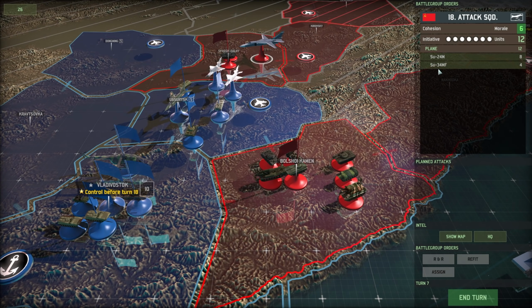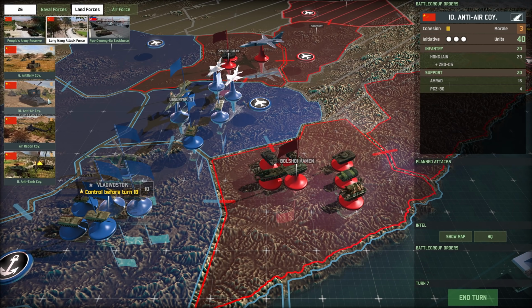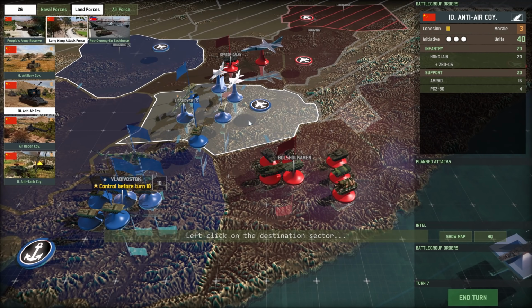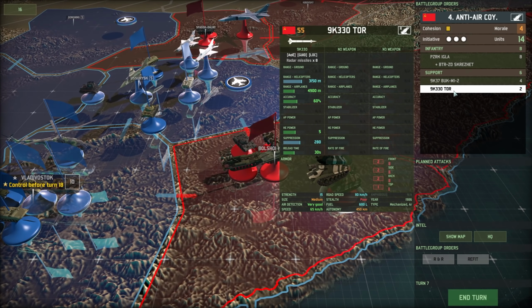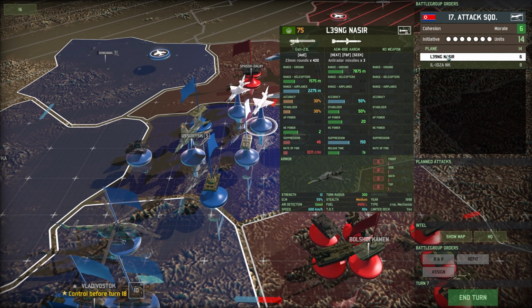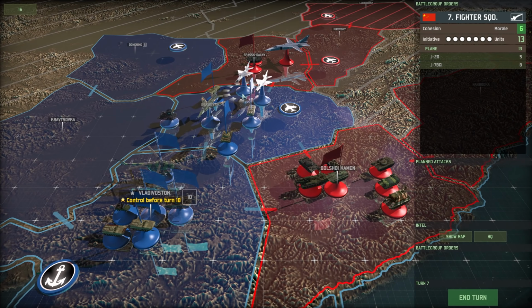What are these Su-24s? They're not... One of them is radar. That's kind of scary because they could knock out these AMRADs. No air units here, but I'm just going to assume that they have, yeah, they have Buks and Tors. Do I have any SAM? I think I do. Yes, I have some of these Nasirs, but I cannot send...